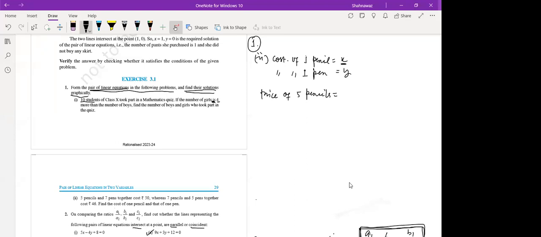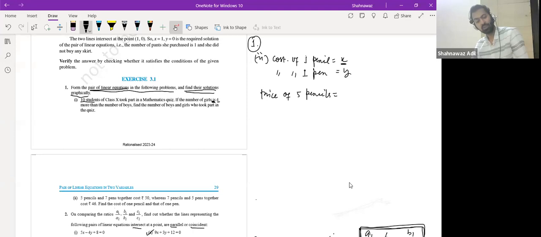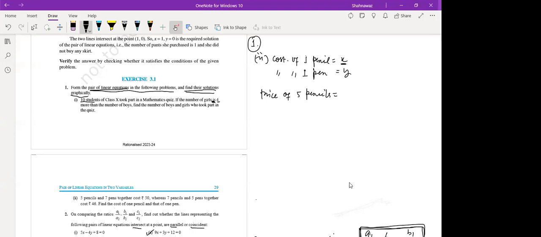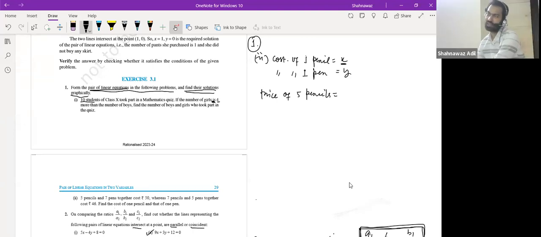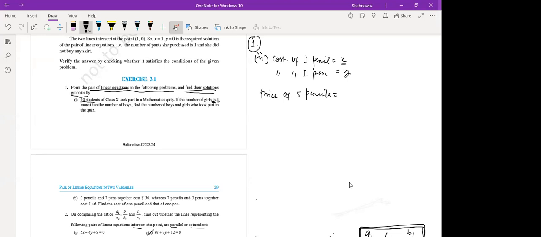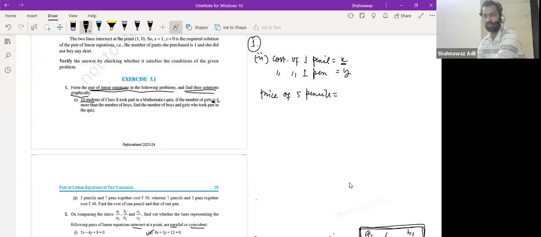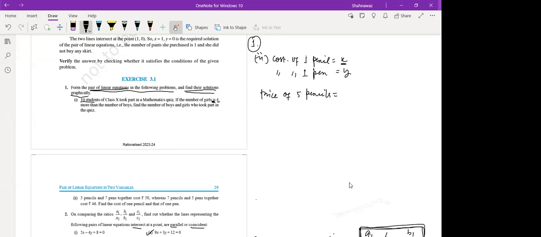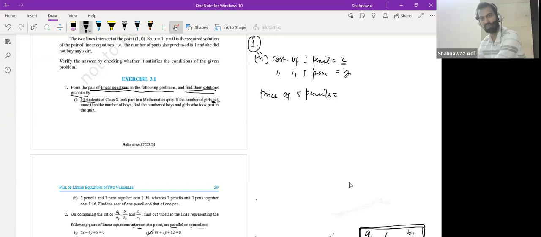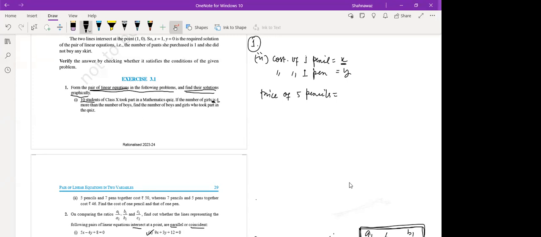So you multiplied when you calculated the total price. You multiplied 3 into 4, right? So price of one pencil is x, and you have bought 5 pencils. So the total cost would be 5 into x, right? So this would be 5x,